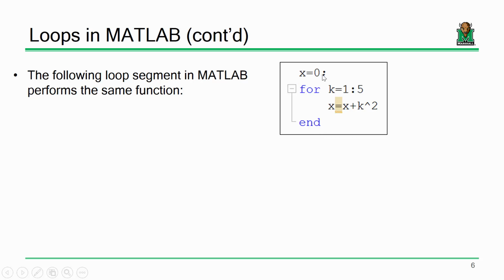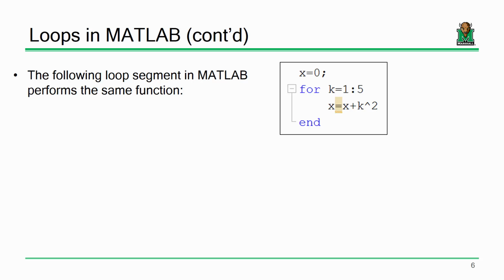So you'll notice the first thing that we're doing is we're setting x equal to 0. And the reason why is we're just sort of defining the variable that we're going to be doing the calculations with and making sure that the starting point is already equal to 0, because later on we're going to be adding things to it, and we want to make sure that it's kind of like an empty variable to start with. You'll notice here that the index is assigned the variable k,